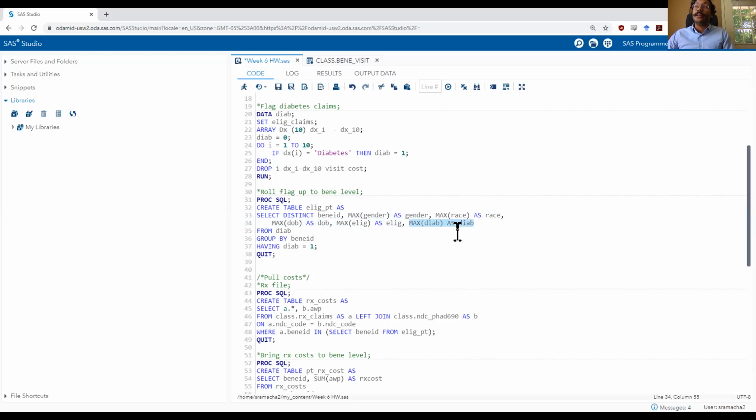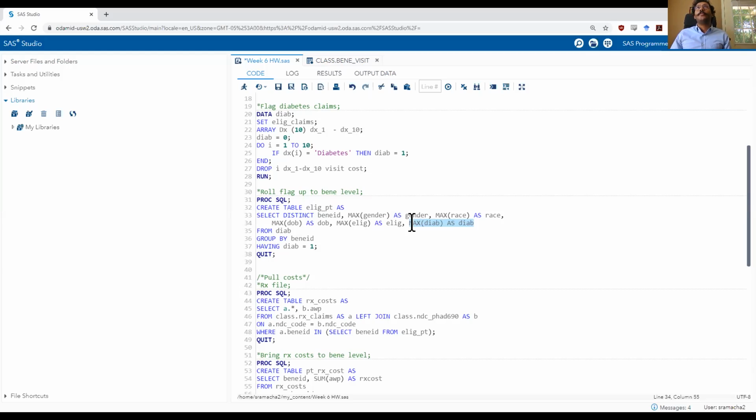This flag was equal to 0 on claims where diabetes was not identified, and it was equal to 1 on claims where diabetes was identified. When grouping by Benny ID, I want to use the max function because if an individual has diabetes on even one claim out of the 10 times they went to the hospital, then they actually do have diabetes, right?